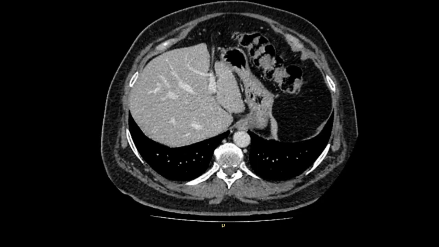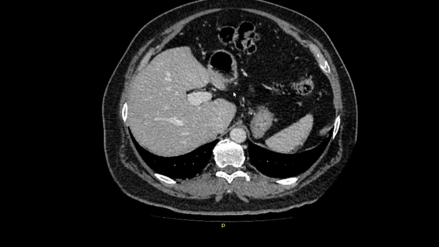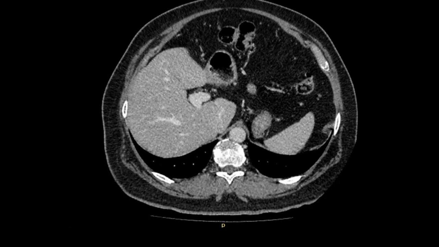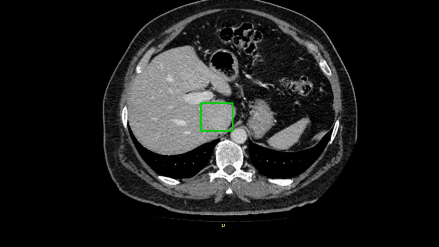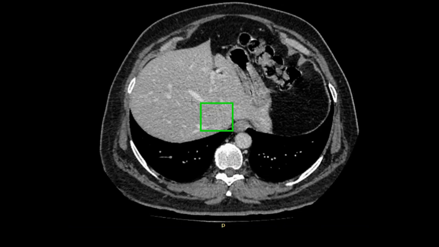For caudate, all you need to know is the portal vein. Here you can see the portal vein and the cava. For the caudate lobe, the area between the portal vein and the cava is the caudate till the middle vein comes superiorly. So the superior border of caudate is formed by the middle vein. This is where the caudate ends.